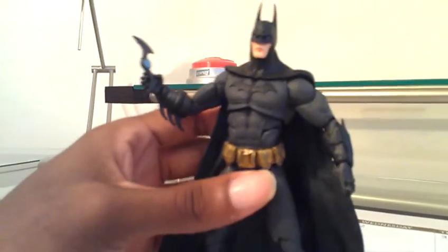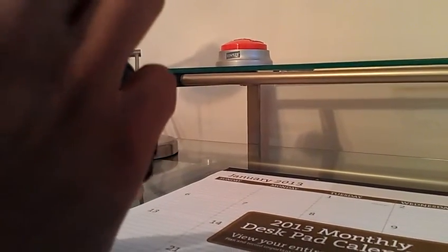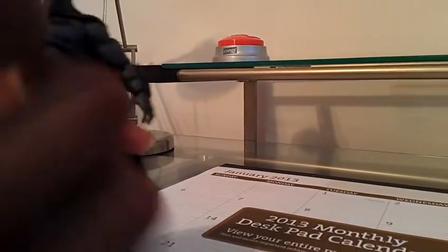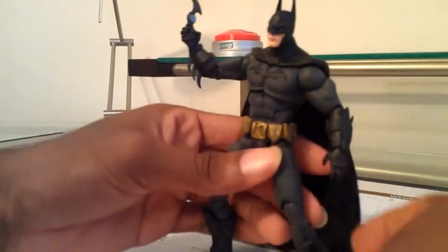Now, if you put it in Batman's hand the wrong way, it's going to fall out for you. So what you're going to want to do is wedge the wing part in between the thumb and the index finger. And he'll hold it for you. Just like that. It'll still fall if you shake them excessively. If you want to do the shake test, it will fall out, just so you know. But Batman can still hold it. And you can hold it from a number of angles. Like he's going to throw the batarang at a criminal who's trying to rob